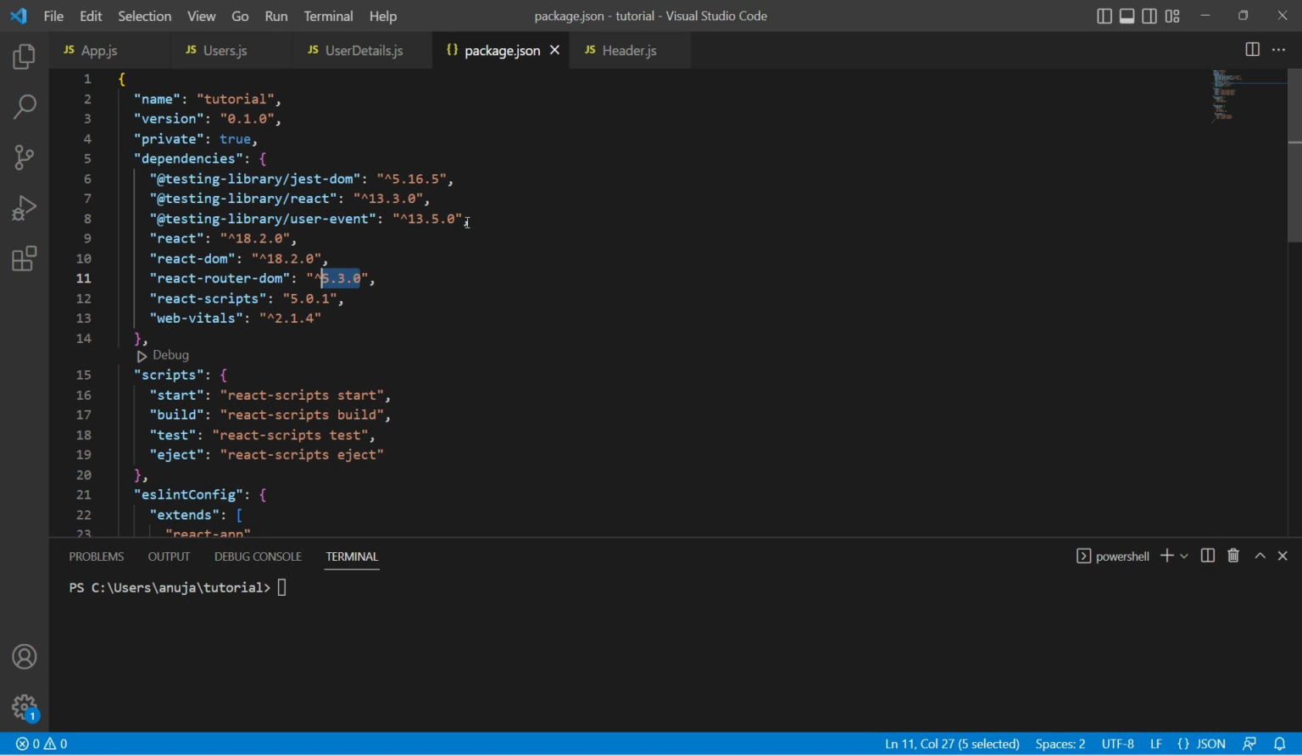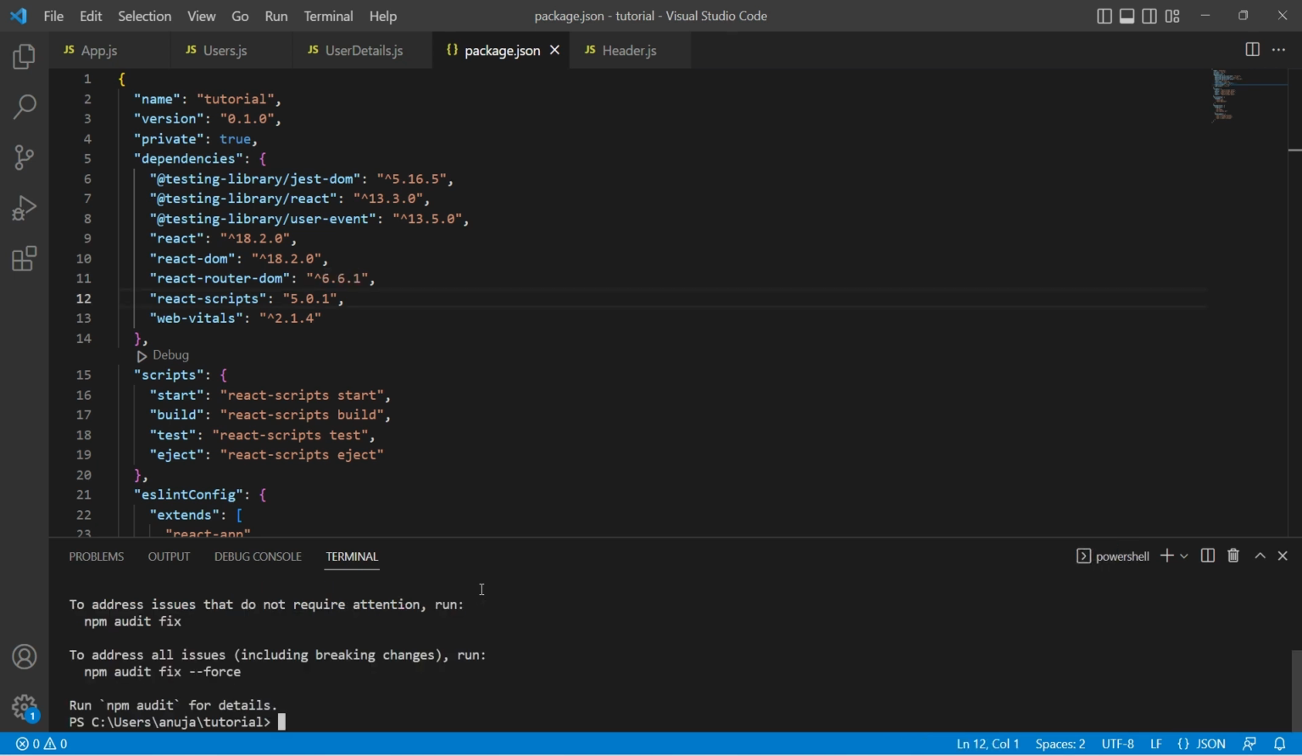Let's go to package.json file and the current version of React Router DOM is 5.3.0. First, we need to install the latest package of React Router DOM using the command. This command would install the latest version of React Router. Now hit enter. This will start downloading the library. Installation is complete and now if you observe the version of React Router DOM, it is updated to 6.6.1. If you try to launch the application using npm start,